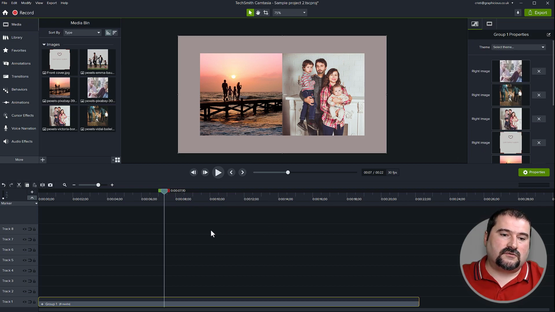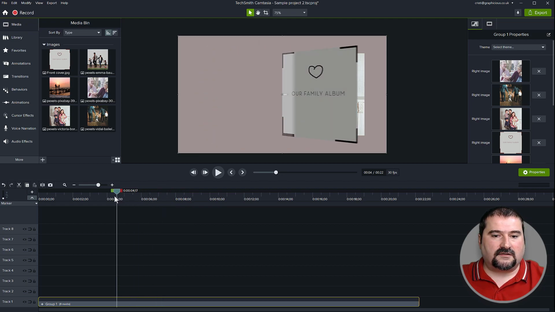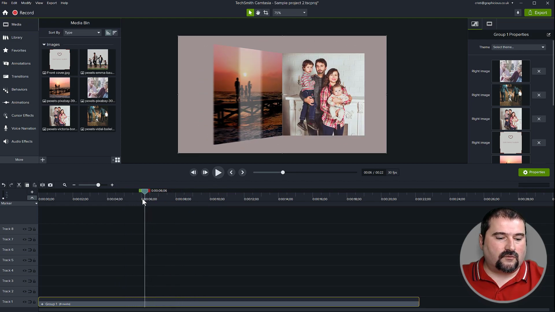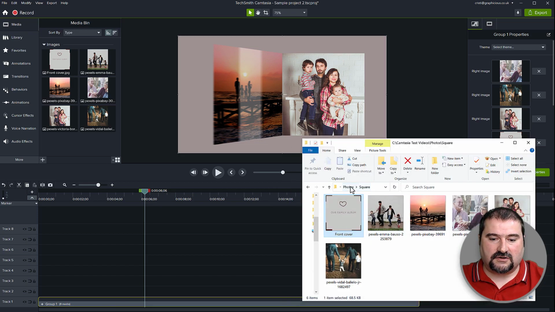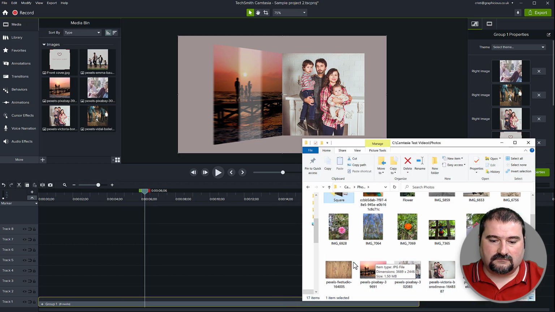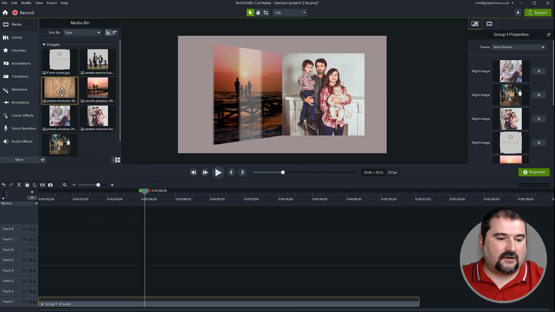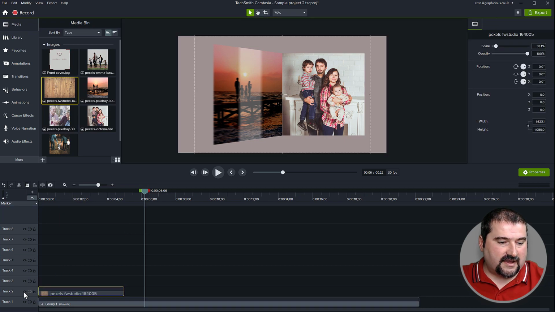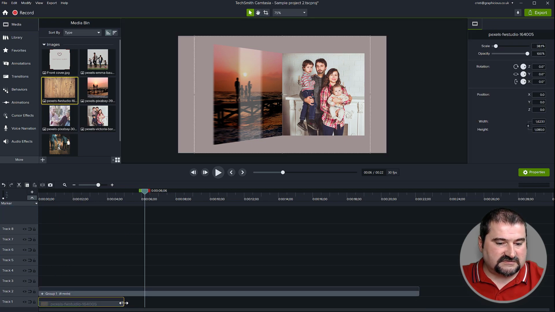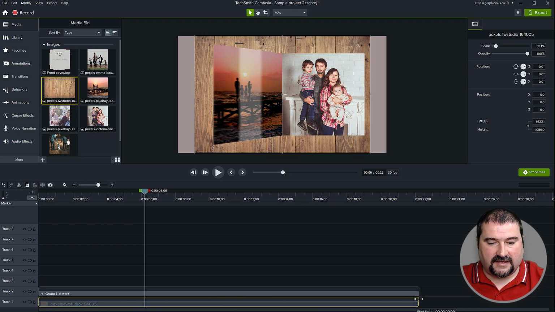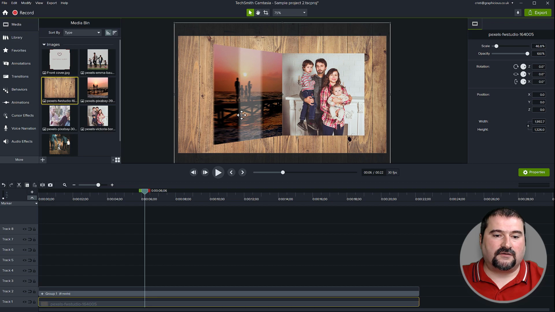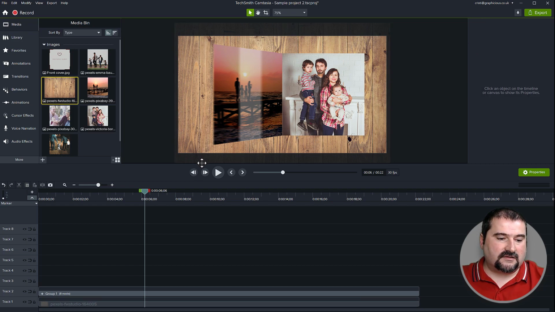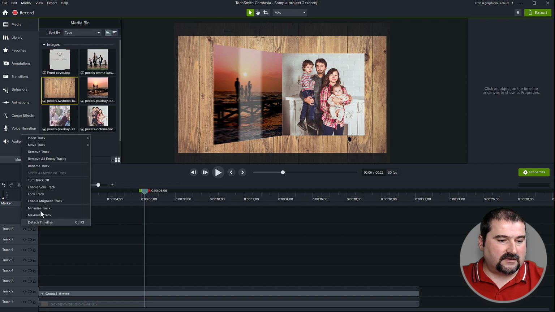And another thing, you can make it look more realistic, right? What I love to do is I have this picture here of a sort of a wooden tabletop or whatever. Bring that into your project and then put it on the bottom on a separate track. Just add it there and spread it around like that, and then make it larger to fill the whole screen. And now it looks like it's sitting on top of a tabletop, right? So it looks nice. And let's give it another go at making it even more interesting.